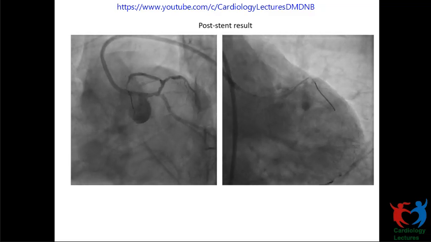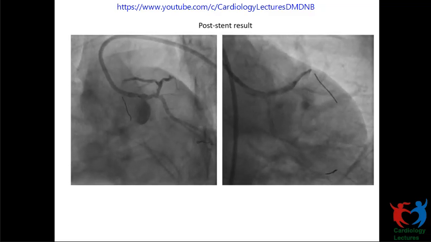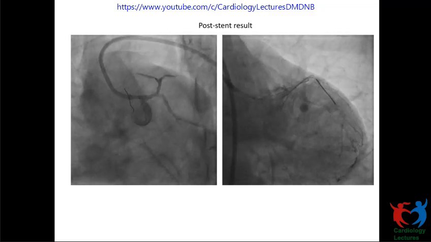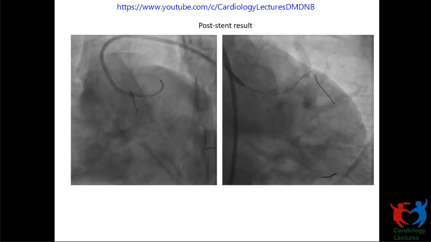So I would be very hesitant to treat a left main with a direct stenting in a lesion like this. I would definitely prepare the bed well, pre-dilate it with a 2.5, 2.75. That you can discuss, or a 3, but definitely prepare the bed before putting in a stent.